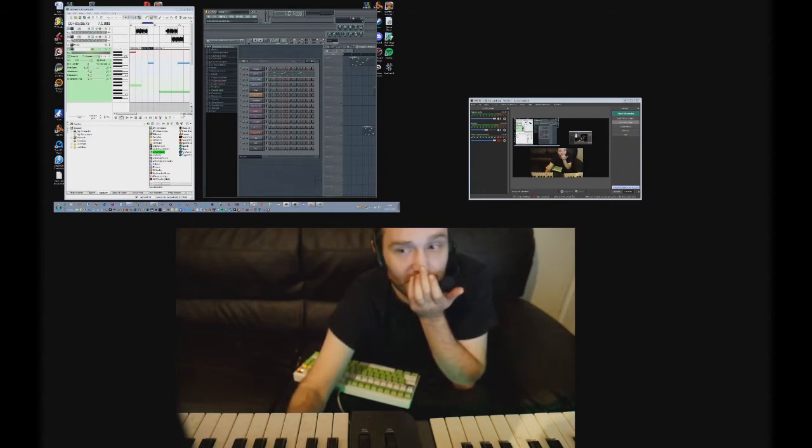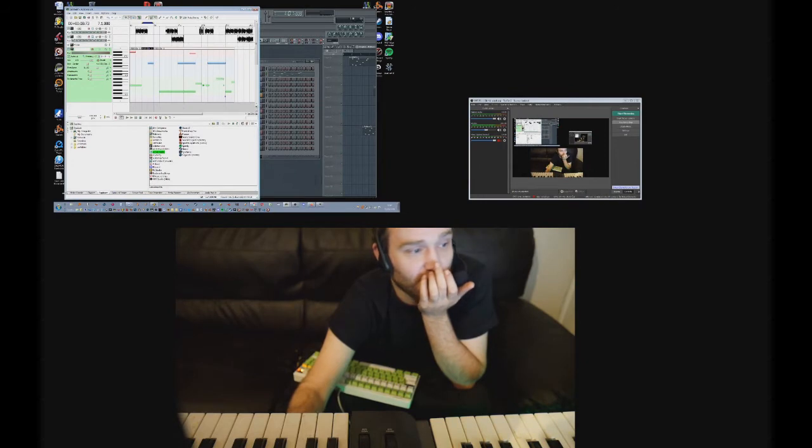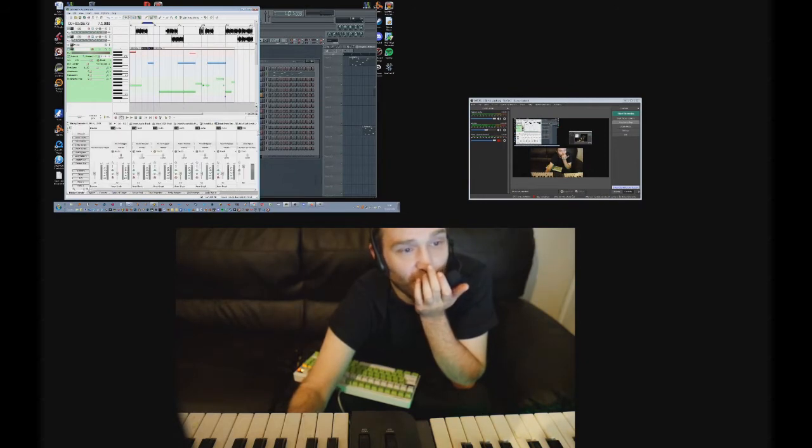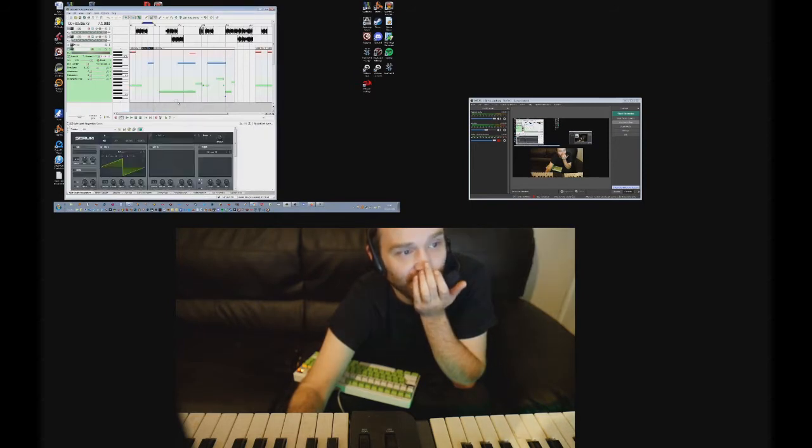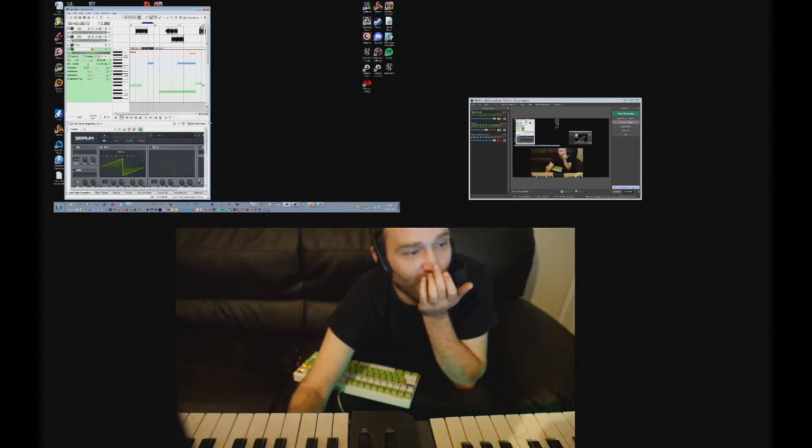Getting instruments in Acid Pro is really simple. You can see you've got all your buttons here to add stuff. So if I want to add, let's add Serum. There we go. So I'm going to add Serum in. There's Serum. And when I compare that to the FL Studio experience,